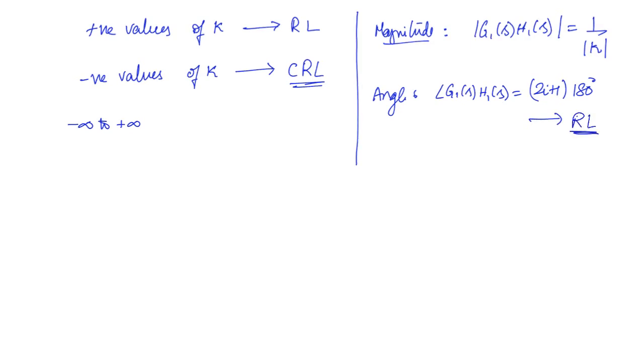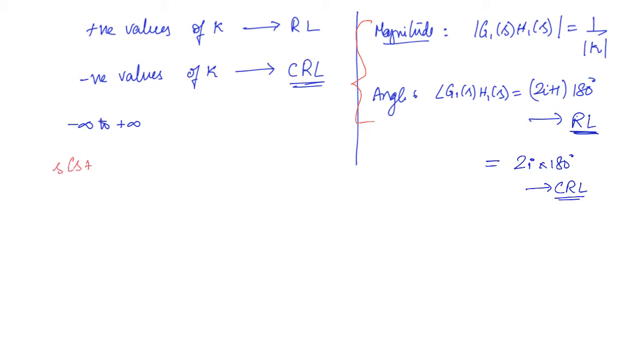It is the root locus. But for the negative values of k, it will be even multiples of pi. So this is for the complementary root locus. Whatever construction of the root locus we do will depend on these conditions. But we will not discuss the proofs, we will just see how to construct. So here we will take an example.